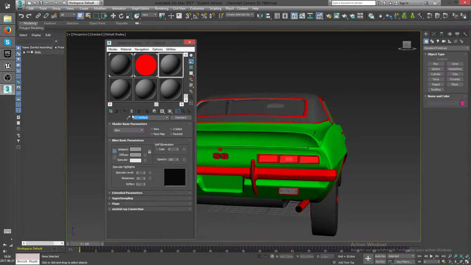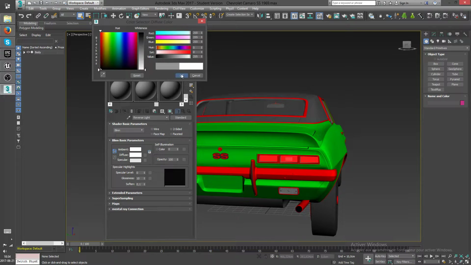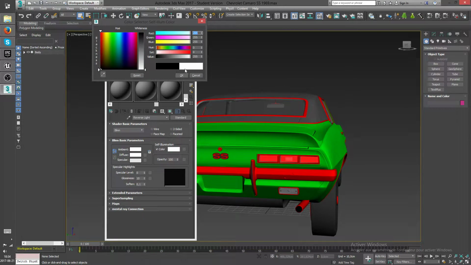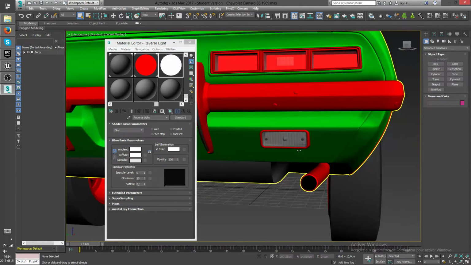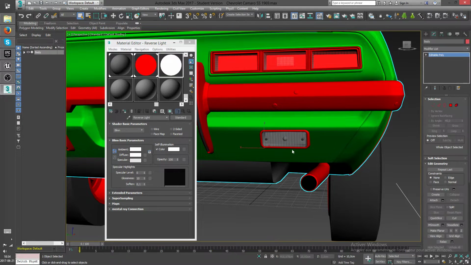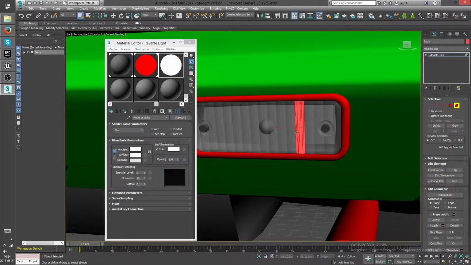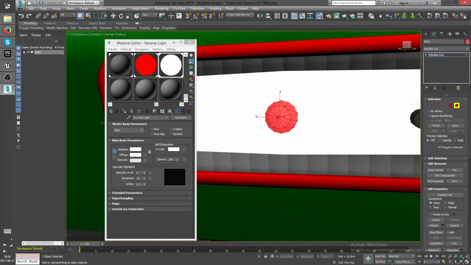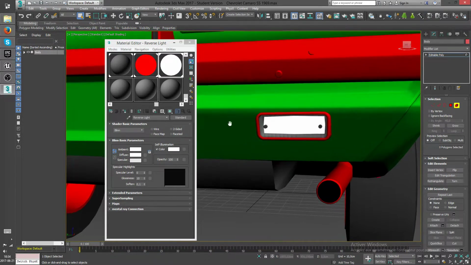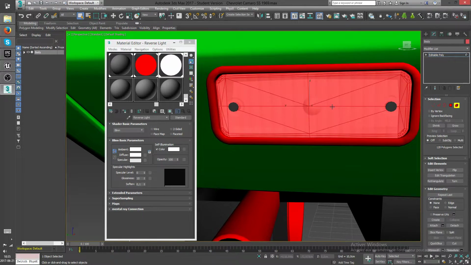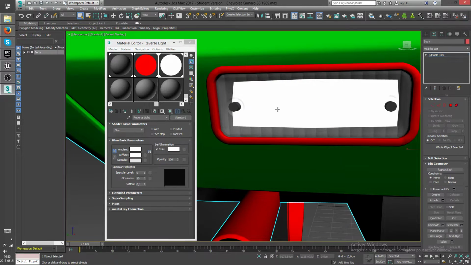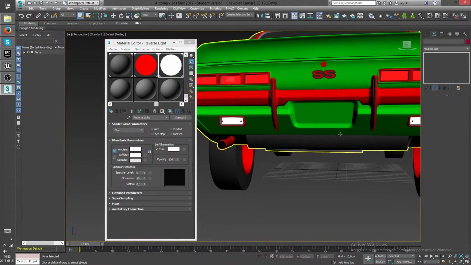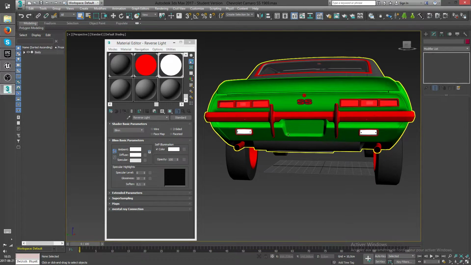Okay, so you can see here is the material I've created for the brake light. I'm going to create a new one, which is going to be reverse light. This one's going to be white, and self illumination is going to be white too. Now I'll go here into the element. Alright, select only the back plate and this bulb, and voila. Good. So we now have these lights on their own separate material ID,